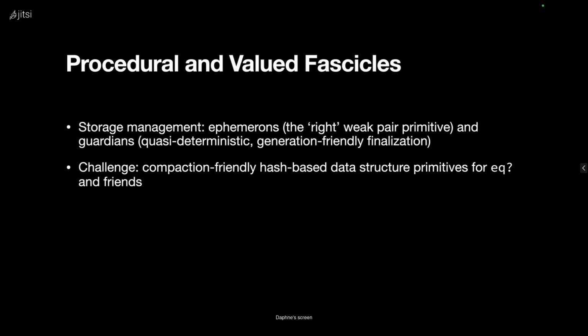A current challenge we have is providing a primitive to allow pointer-based hashing for hash-based data structures that the user might like to write. So pointer comparison is used fairly often in Scheme, but pointer-based hashing is a problem in a moving garbage collector or a compacting garbage collector, because you can't use the actual pointer as a hash value. It might change when the heap is compacted.